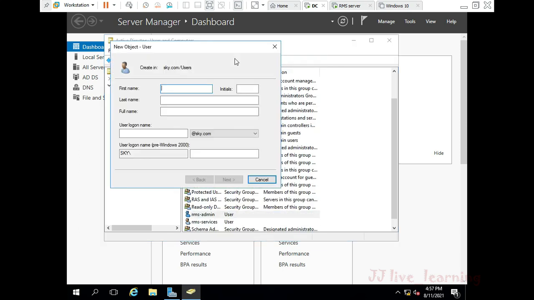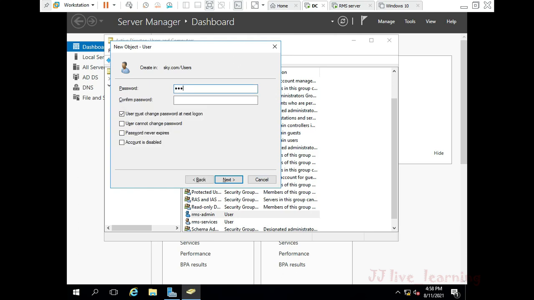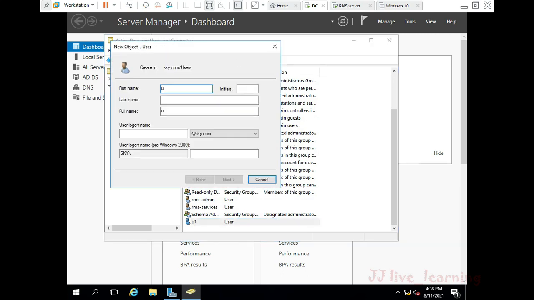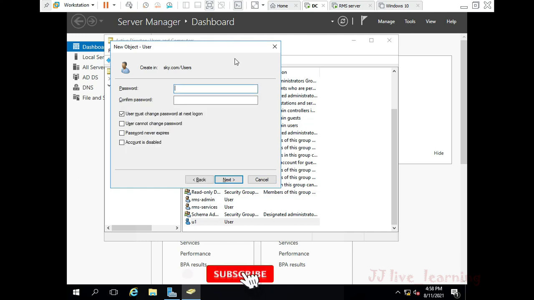Now create the end users. We are going to create the end users U1, U2 and U3. After creating the user account, we have to add the email account in the user properties. Now the U2 user account will be created here.